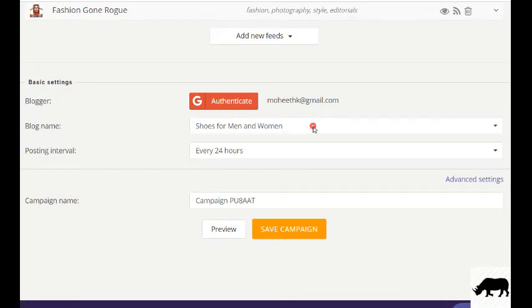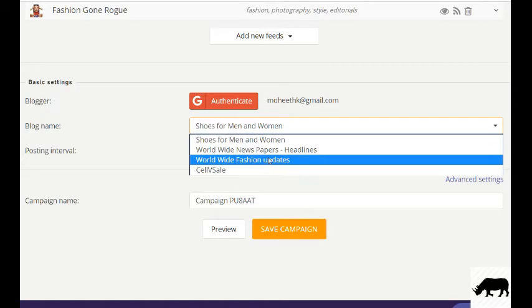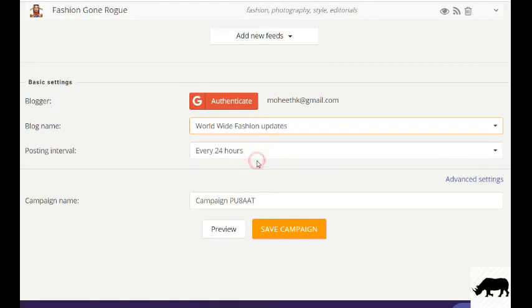Now from here you have to select your blog name. If you have many blogs, you have to select one. I'm going to post to my blog, worldwide fashion updates. Being a free membership, I am only allowed to make one post in 24 hours.